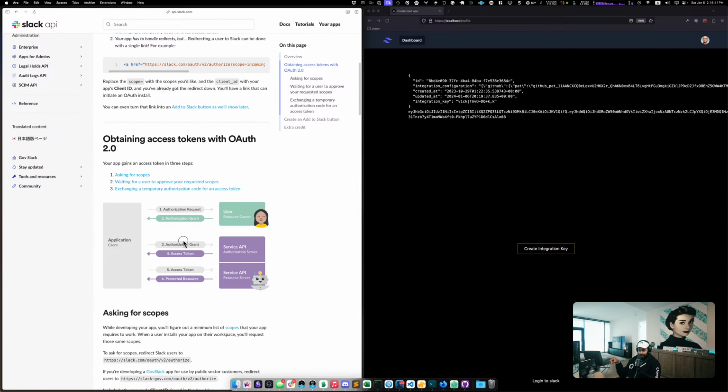It's going to take that code and some other stuff, and send that off to the server, to Slack, to the thing that I want access to. And then Slack is going to inspect that code and make sure things are okay. And it's going to grant me an access token right here. So once I get that access token, that's where we are right here. Any future request to their service, their API, that I want to make, I need to include that access token.